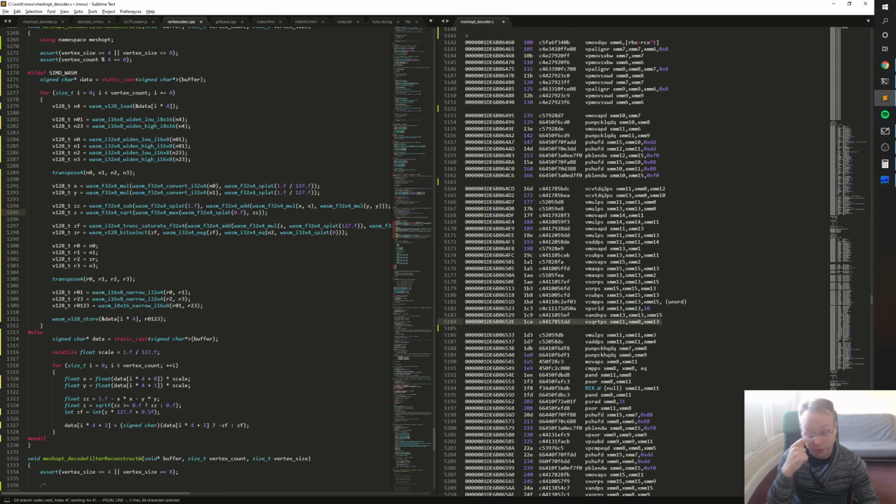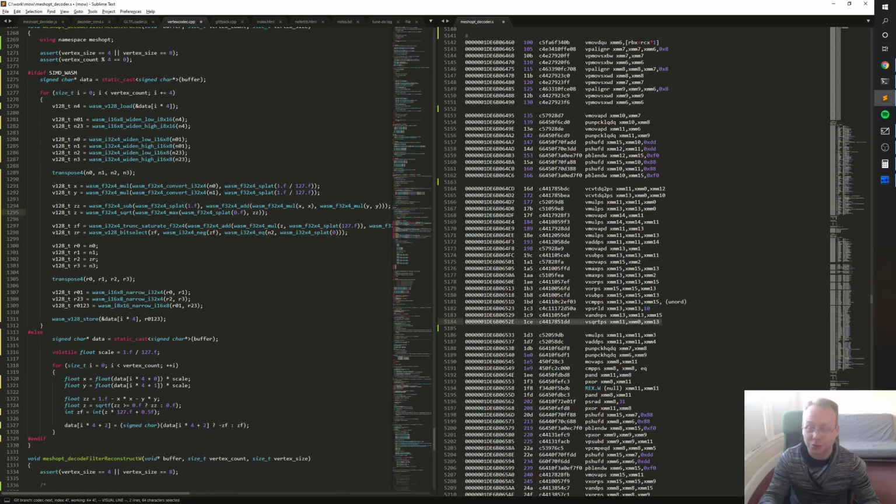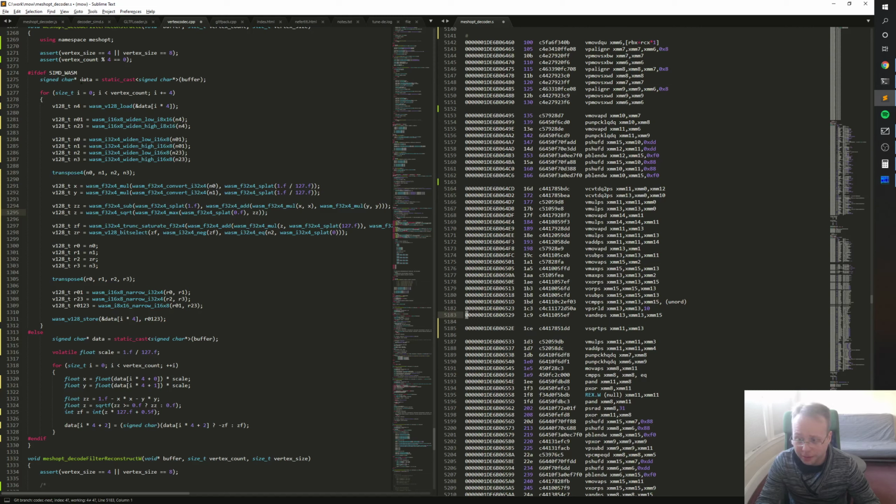Pretty sure VSQRT-PS only has 2 register arguments, source and destination, and this seems to think it has 3. I'm assuming XMM0 doesn't exist, so I'm assuming this is the actual correct disassembly. So what seems to happen is before we do the square root, we do a max, but the max is computed,